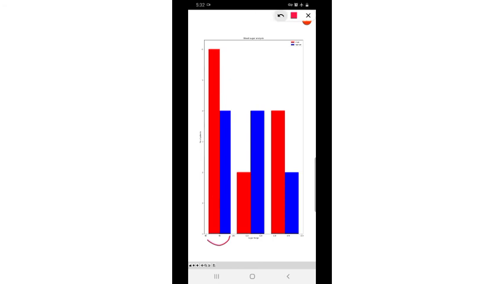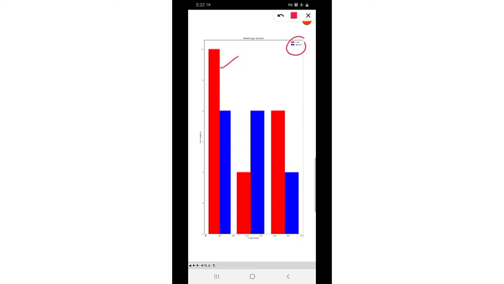Now we have talked about the title of the graph. The title of the graph is plotted by the plt.title function. Here we have given labels. In our program we have given the label attribute, and that label attribute is given for each of the colors.